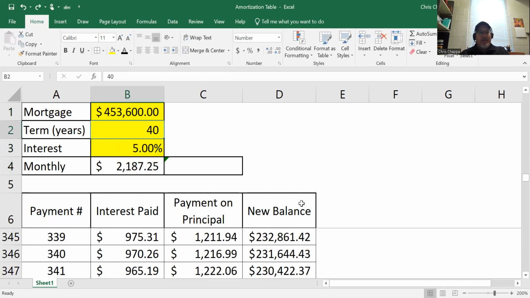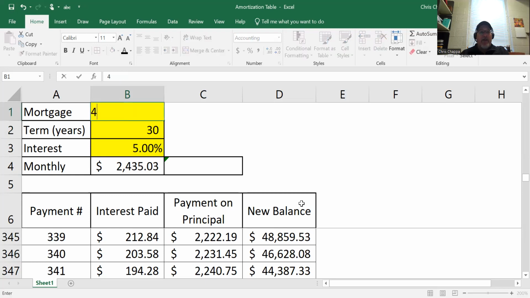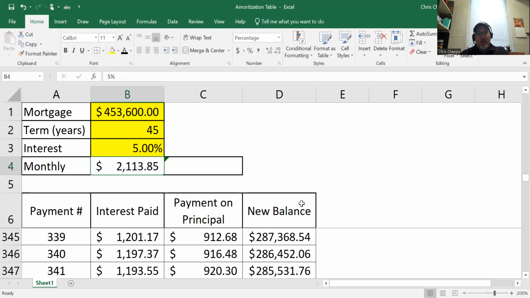But what would happen if we said, no, let's do it in 30 years instead of 40? What do you think is going to happen to the payment? It should go up, but you get out in 30 years. What if you're like, maybe 45 years is good? Okay, payment's down